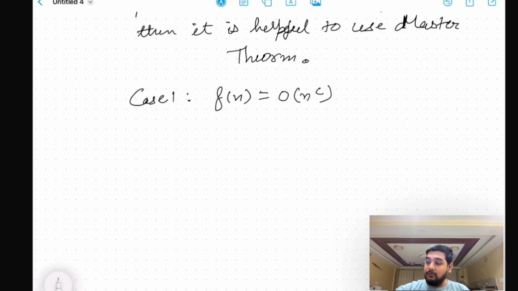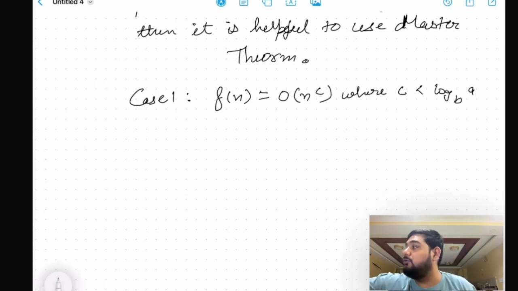Then, in this case, the very important type is where c is less than log base b of a. Everything is mathematical over here. There is nothing like, again, you will find the proof of this master theorem in your books. Just read it through. It is the basic mathematical theorem that you can even look for. So I will just explain it in a bit.